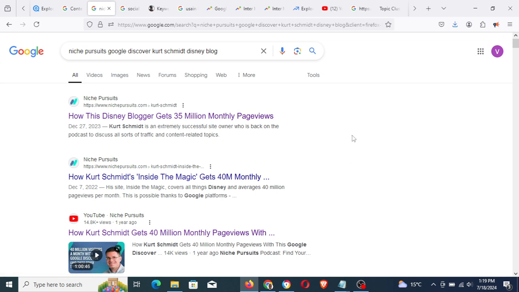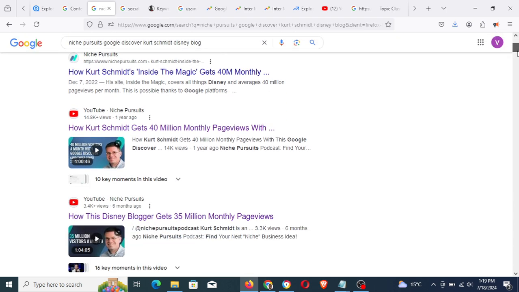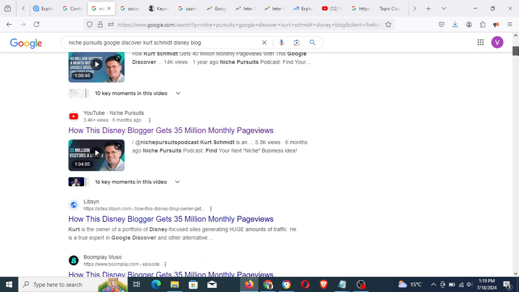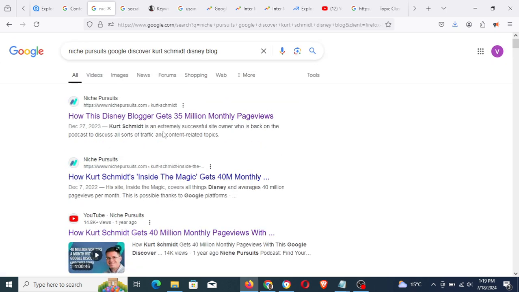As you know, you don't have any way to target traffic from Google Discover, but typically trends usually go into Google Discover, and that's how this website gets millions